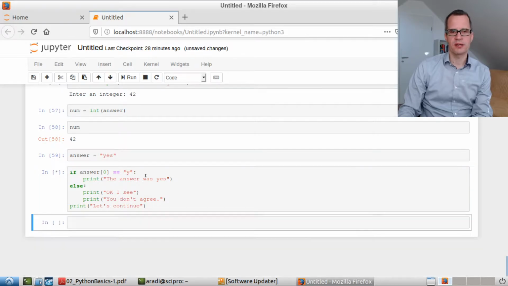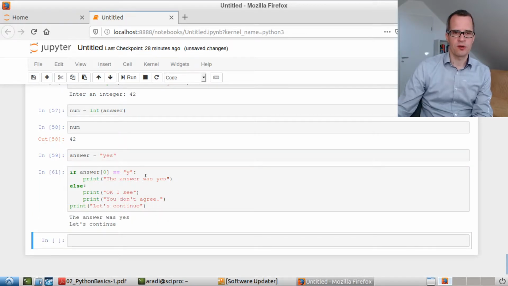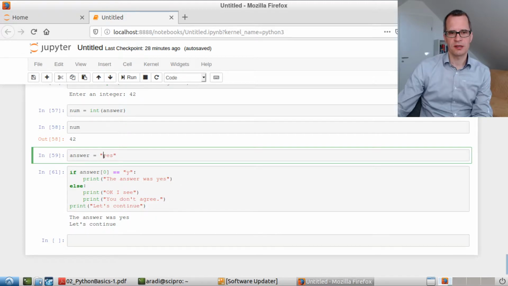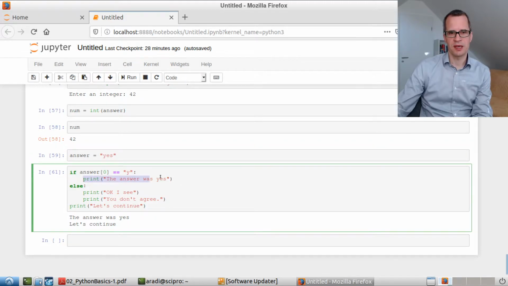And now if you execute it again, it was properly executed. It's valid Python now, and you say the answer is yes. Why? Because the variable answer has been set to yes. So the first character is y, so this block has been executed. Once this block has been executed, the program just jumped to the end of the entire if-else construct and continued